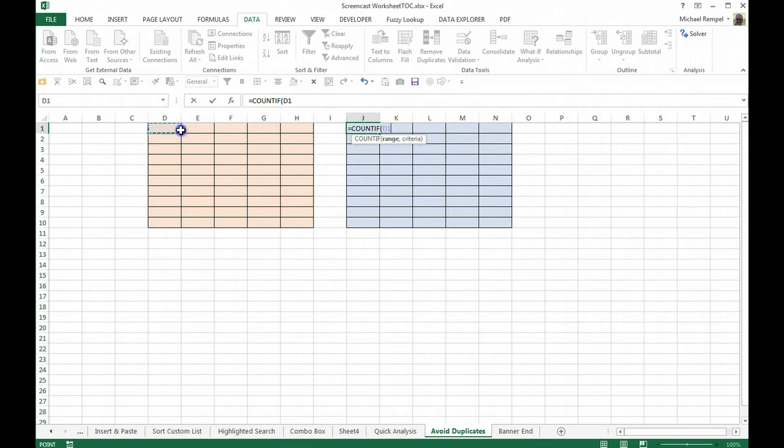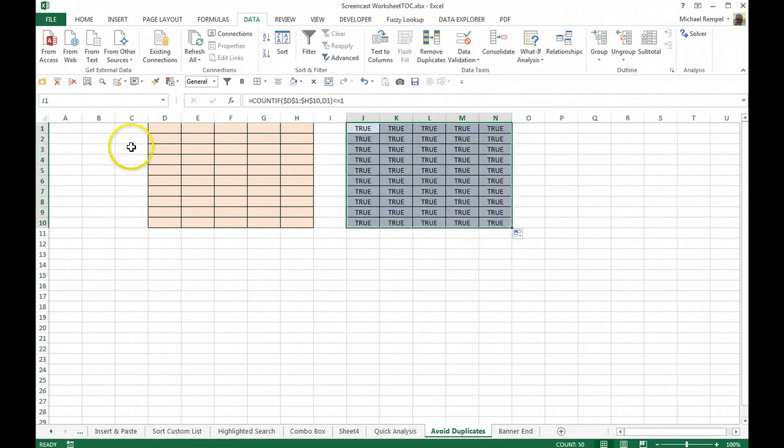So in our case, our range is D1 to H10. And I'm going to lock that, hitting the F4 key to make those absolute cell references. Our criteria is going to be each individual cell, so I'm going to start with D1. As I copy this, I'm going to leave that as a relative cell reference, so it'll change with each cell that we copy that to. Close that, and I'm going to say that that is less than or equal to 1. And in this case, that's true. As I copy that over and down, they still obviously remain true